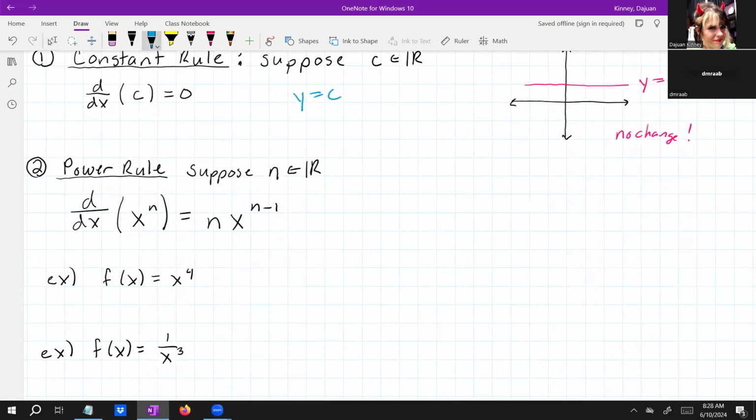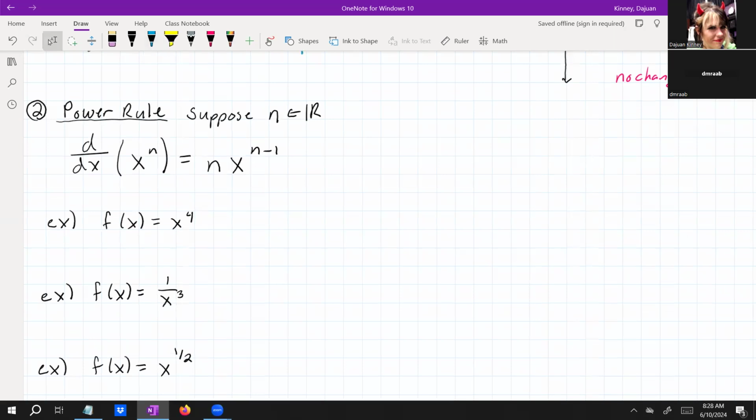So if we have x to a power, our power comes in front and we subtract 1. Your n is a real number. This works for positives, negatives, fractions, decimals, anything. It's a really awesome rule. So I have a couple examples here. We want to use the power rule,